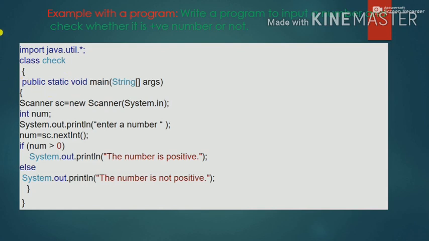Now the curly braces start, public static void main String args, because within this area we will write the code. We are calling the Scanner class. Now I have taken one variable by the name of num. First of all, I am printing the message "enter a number" so that the user can understand what to do. In the variable num we are storing the value. Here we have written: if num is greater than 0, then the message "the number is positive" will be printed, else the message "the number is negative" will be printed.